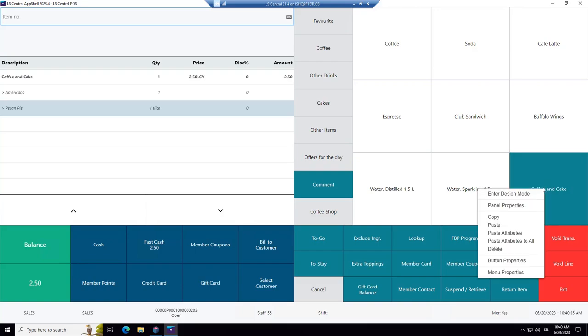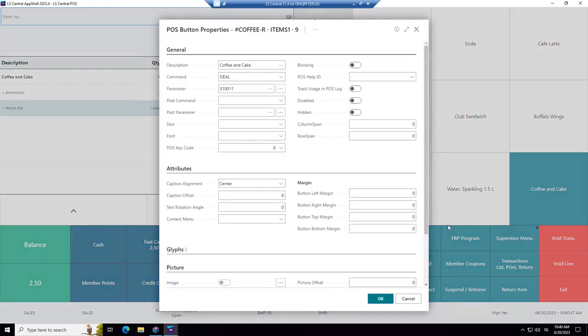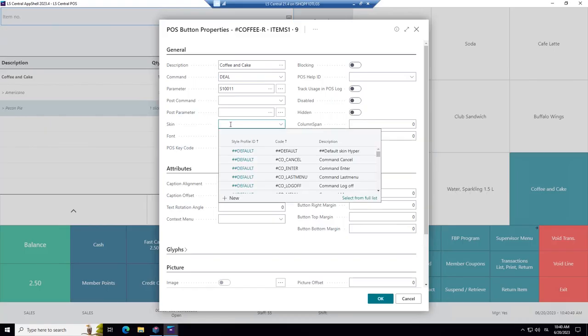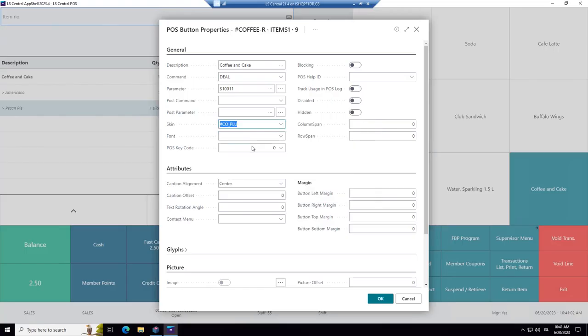So right-click and button properties again. This button is now command deal, it's not command plug K. Plug K took with it this look here, the white one with the black text. So if we want to change it to the same thing, you will take this one here, hash CO understrike plug, and the same thing for the font.